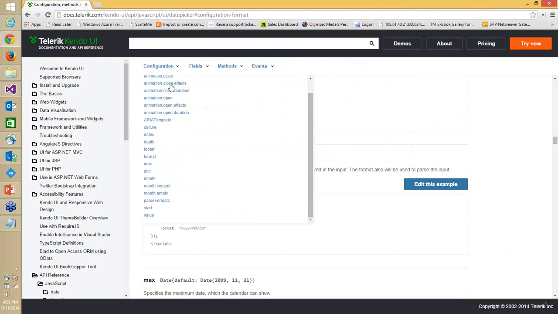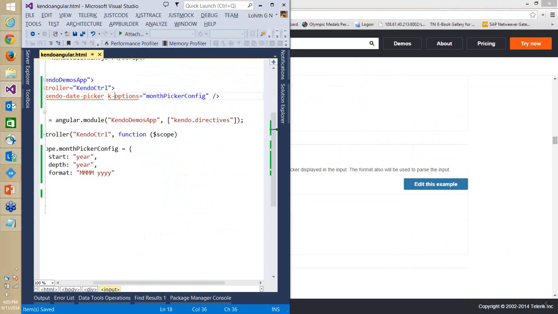This is something that you can pass when a Kendo UI widget is being created. So that's why I wanted to talk about this, like how you pass the options and all those things. And anything else that I need to handle? Yes. So there is one more thing that we may want to handle, and that is